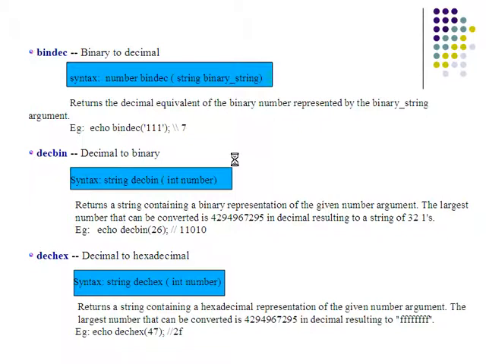In a similar way, we have the function decbin, which can convert the given decimal value to a binary string. It returns a string containing a binary representation of the given number argument. The largest number that we can convert using the decbin function is 4294967295 in decimal, resulting in a string of 32 ones. So this is the largest binary string which we can get using the decbin function. For example, here I passed a value of 26, which is a decimal value, and we got the corresponding binary string